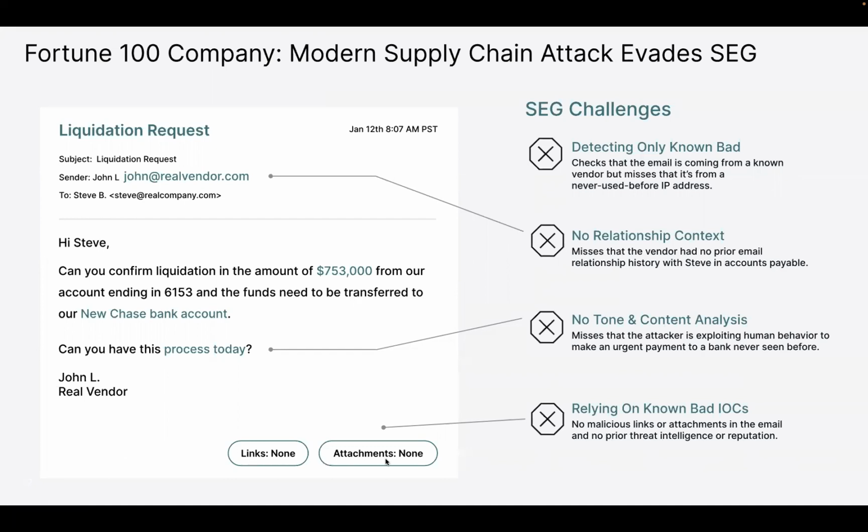It's trying to get someone to take some sort of action, look at maybe the invoicing system and change the bank account information, et cetera, in order to redirect those funds to a bad actor. But we notice in this particular scenario, it actually is coming from the real vendor, right? The person that they have communicated with in the past, that doesn't necessarily raise any flags, right?